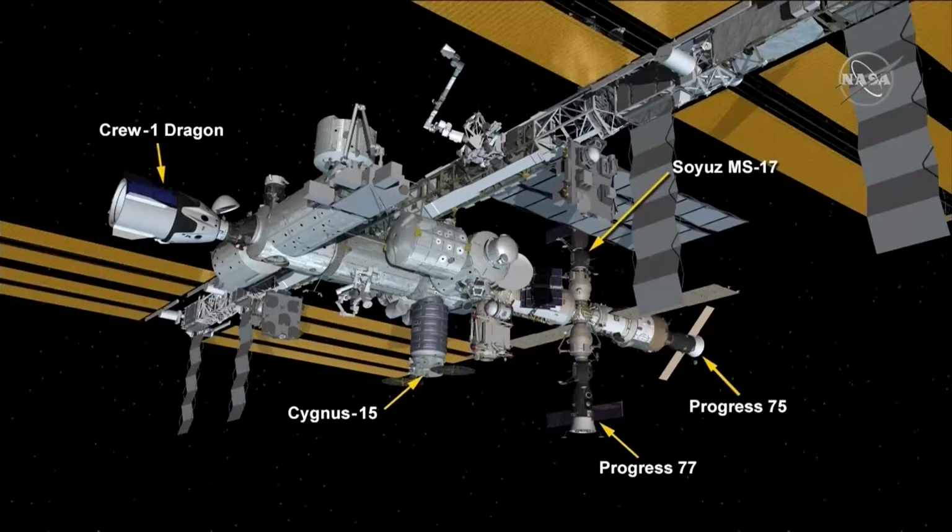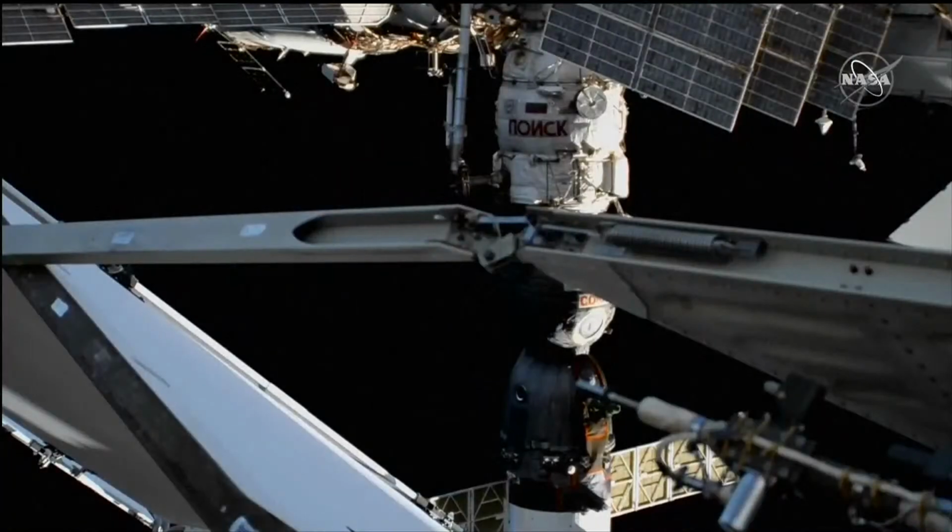Command is being sent. Command sent at 2020. Rubins, Ryzhikov, and Kud-Sverchkov will now conduct about 2 hours worth of leak checks before we have confirmation of an airtight seal. The small vestibule or passageway between the Soyuz and Poisk module will be repressurized, and the crew will open up the hatches. And these 3 crew members will return to the International Space Station to resume their daily activities until